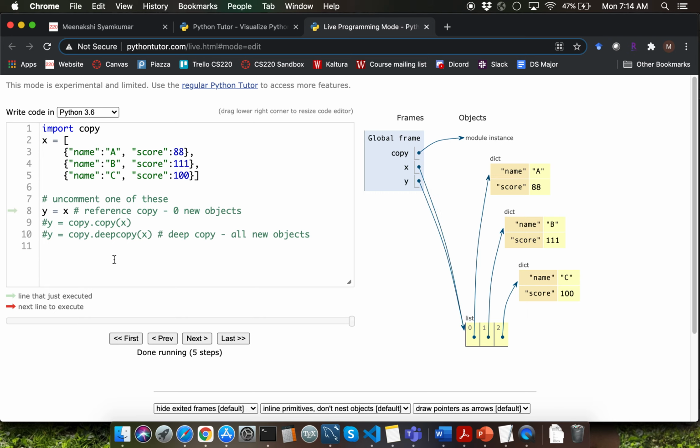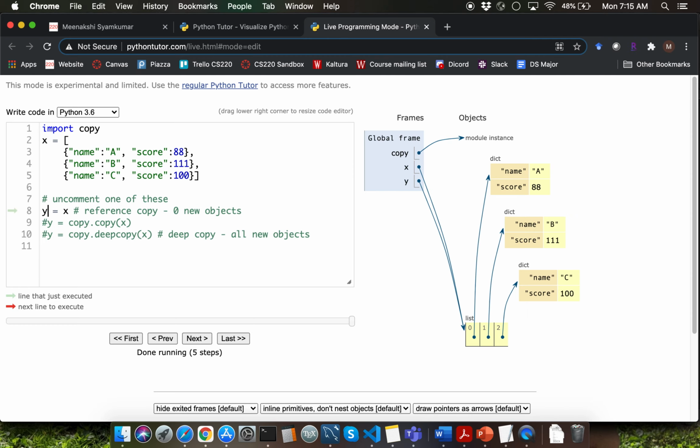Let's learn how to invoke deep copy function. Deep copy is a function as part of copy module. So you'll have to specify copy.deepcopy. Then you're going to pass as argument the variable which is storing reference to the nested data structure, which is going to be x in our example. The deep copy function returns as a value which is reference to the new object instances that got created. We are capturing that into a variable y.